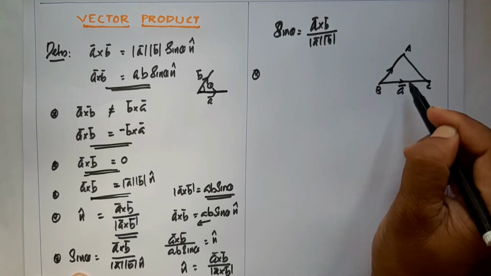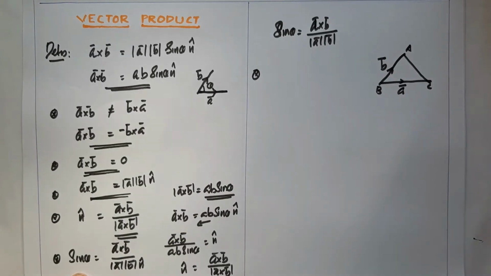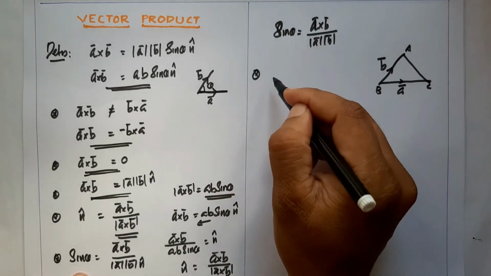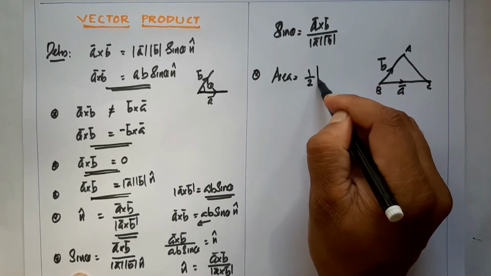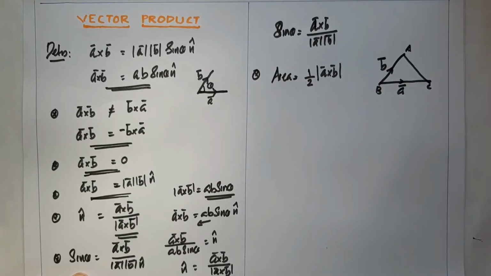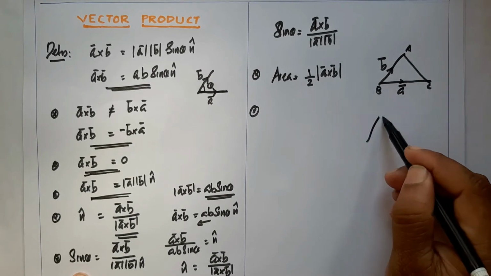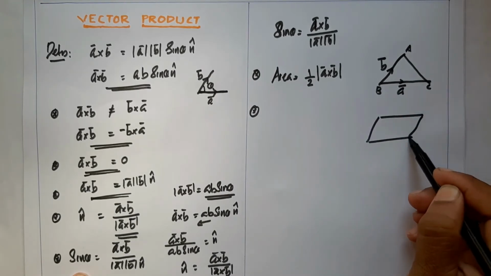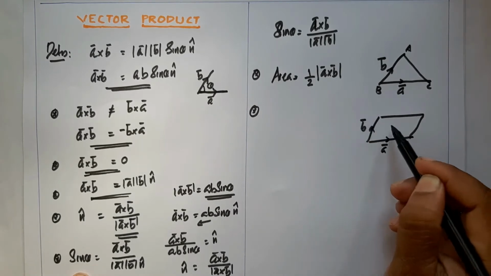Two adjacent sides are vector A and vector B. If vector A and vector B are adjacent sides of a triangle, then area is equal to half into modulus of A cross B. Now in a parallelogram, if the adjacent sides are vector A and vector B, then area